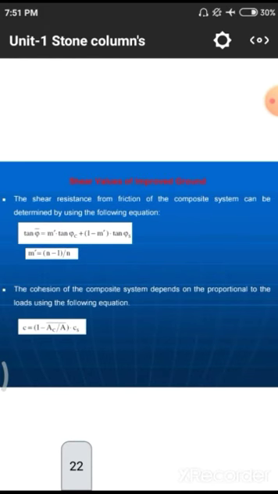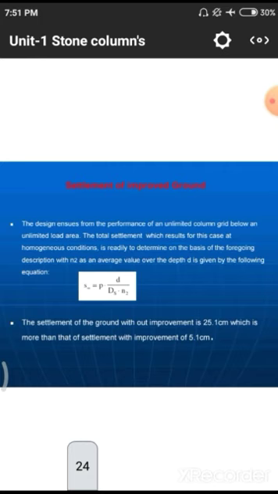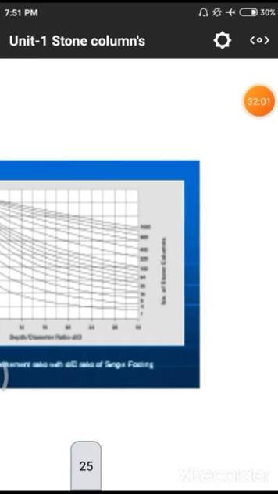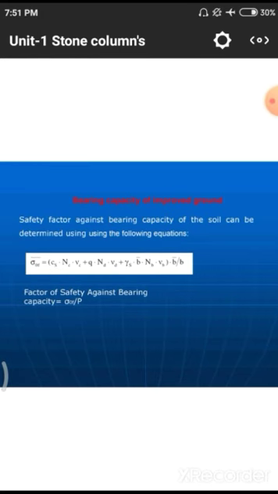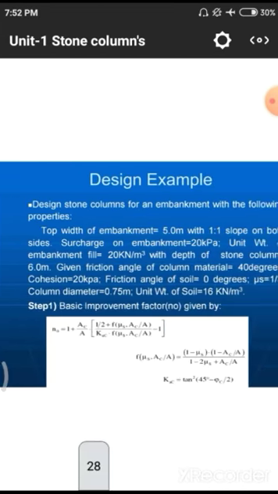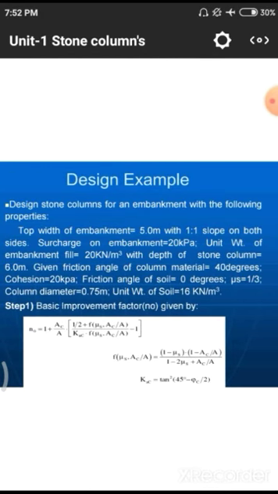Next one is the shear values associated with normally C and tan phi. Next one is the settlement of improved ground, that is associated with Sw, which is equal to P into D by D into Ns. These are the diagrams. Next one is the bearing capacity, noted with sigma CBC. Normally here we are having sigma DF. This is the design example, that means what are the values associated with the particular design phenomena.